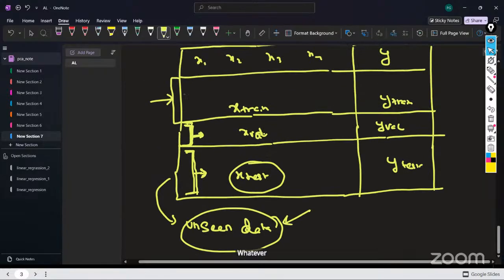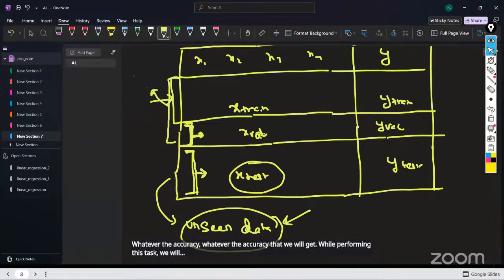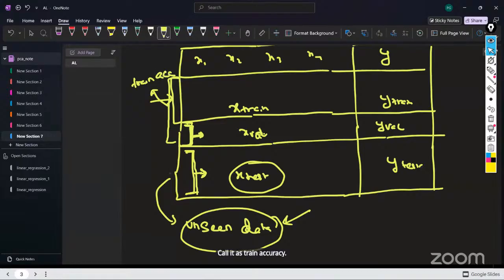Whatever accuracy we get while performing this task on the training data, we will call it train accuracy. Whatever accuracy we get on the test data, we call it test accuracy. So here also, if you see,